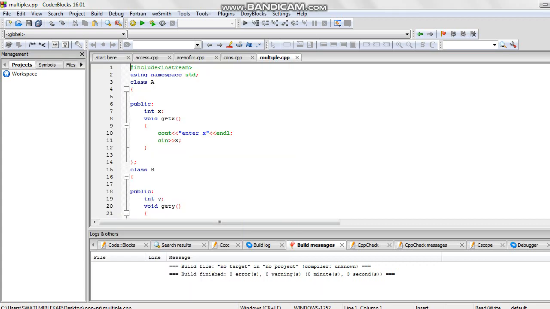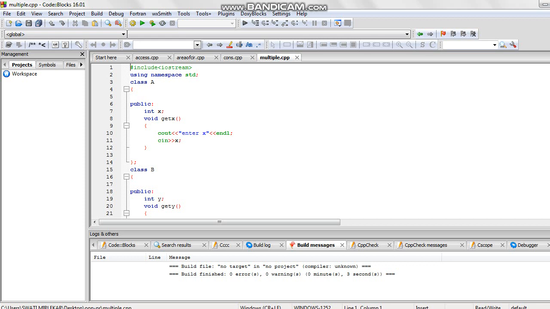In this example, we will learn multiple inheritance. The meaning of multiple inheritance is that I will be having more than one base class and only one derived class. For example, I can have a result class as a child, parent 1 as a first base class and parent 2 as a second base class.